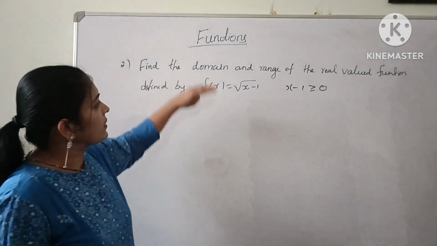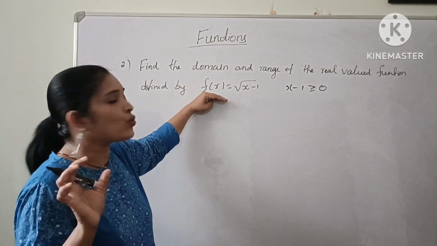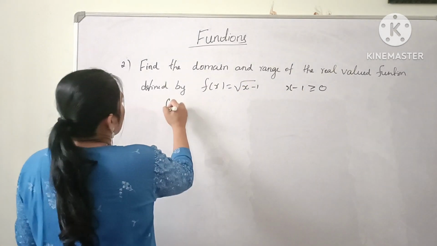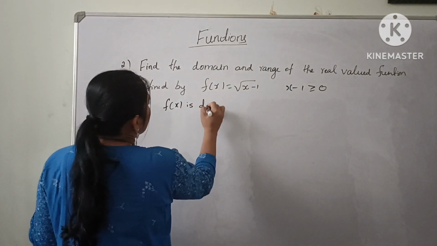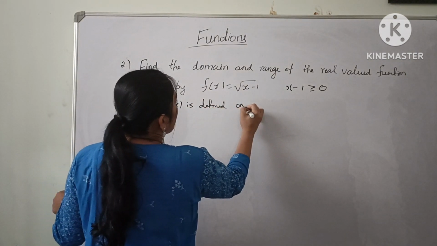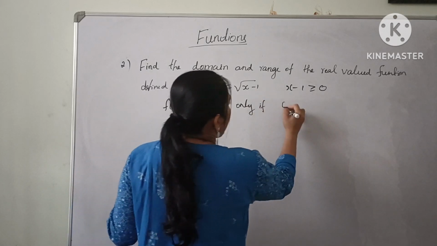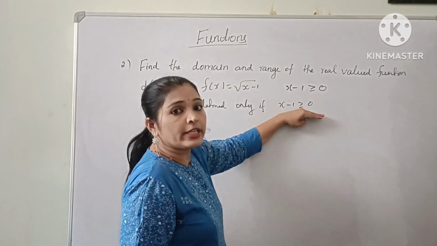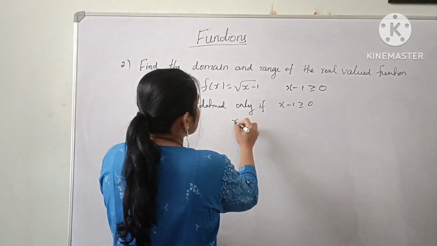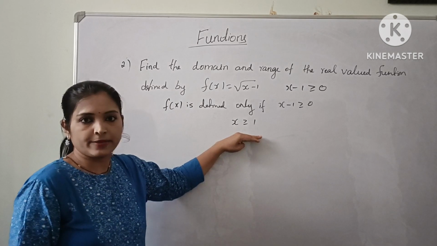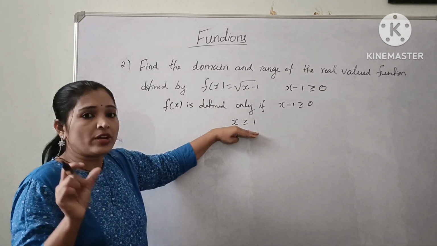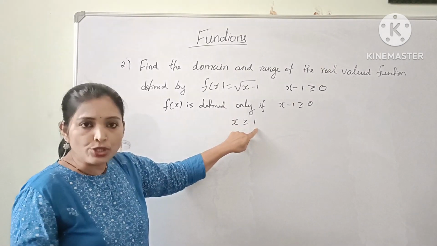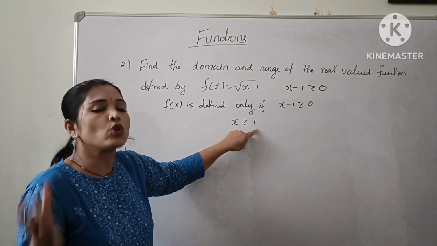Okay. So the given function is defined only if x - 1 is greater than or equal to 0. So f(x) is defined only if x - 1 is greater than or equal to 0. x - 1 greater than or equal to 0 means x is greater than or equal to 1, isn't it? So here the function is defined only when x is greater than or equal to 1. So what is the domain? Domain means all the elements of